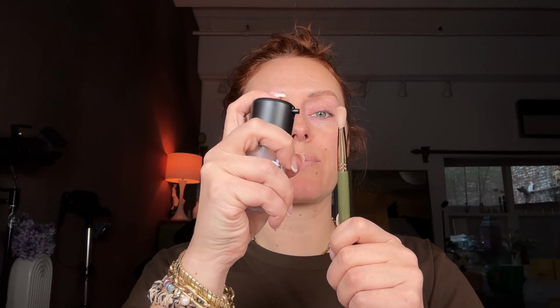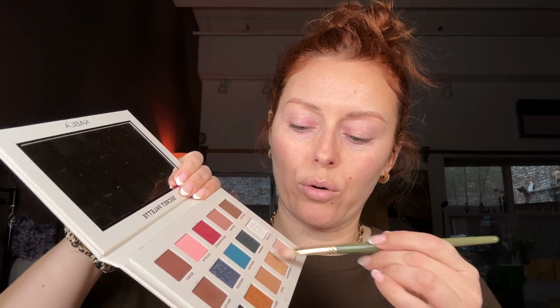However, with my other brush, I'm going to spray it with Fix Plus, which is a setting spray from MAC, on both sides. I'm going to use the palm of my hand to make sure that the wetness is evenly distributed. And then I'm going to pick up that eyeshadow. I'm just going to go to one corner or one side of the palette just so that I'm sort of keeping half of it perfect. There is a bit of